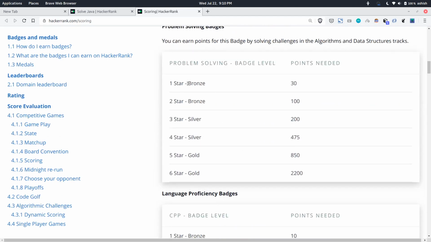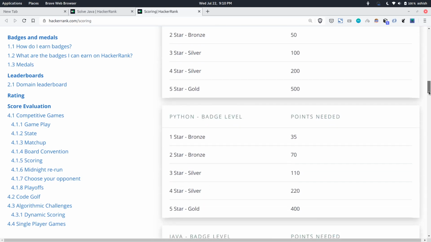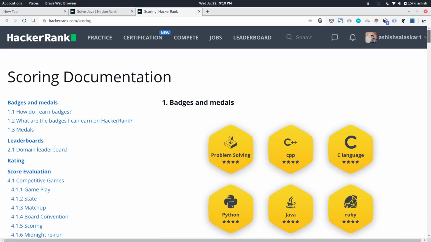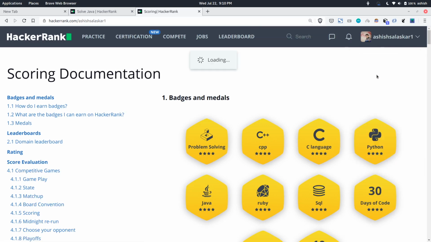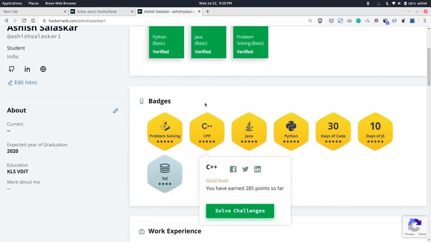As you can see, from 30 points to 100 points you get a bronze medal. From 200 to 475 you get a silver badge. Similarly for Python, gold indicates you have solved maximum of those questions. In the right top corner, if you go to your profile, there will be all your badges.